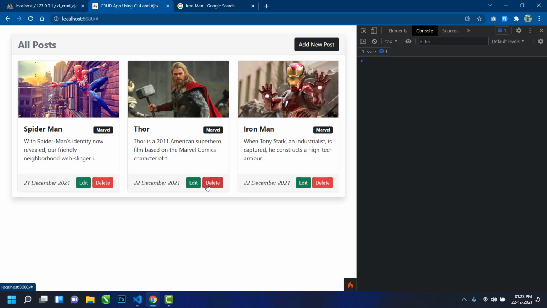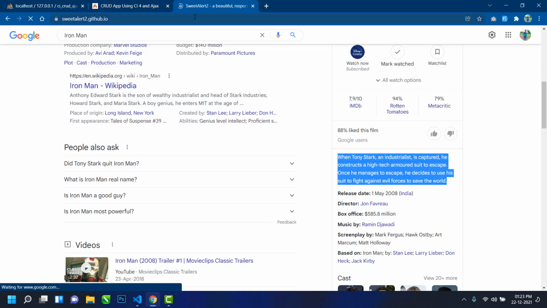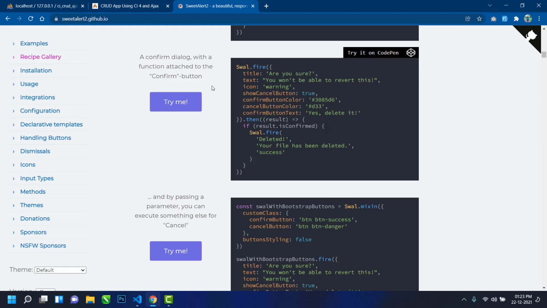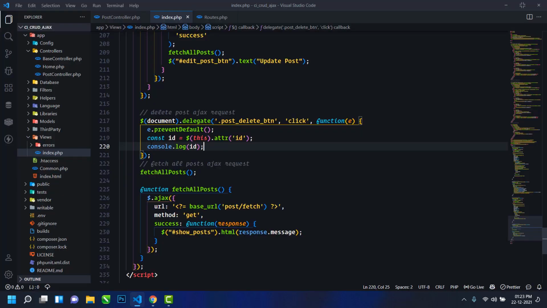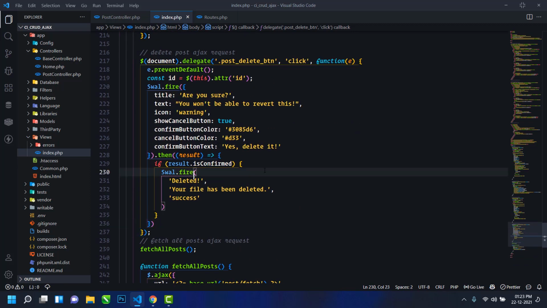Now next, when we click on the delete button, first we will display a sweet alert confirm dialog box. For this, go to sweetalert2.github.io, and here I will use this one. Just copy this code, remove this line, and paste it.